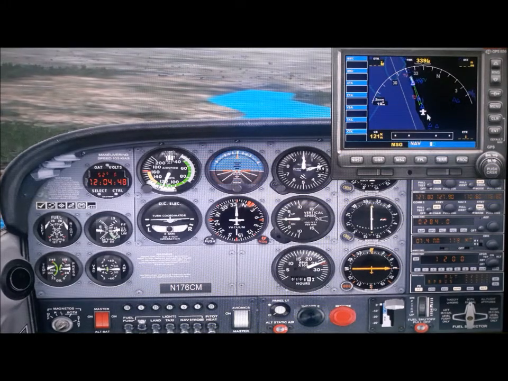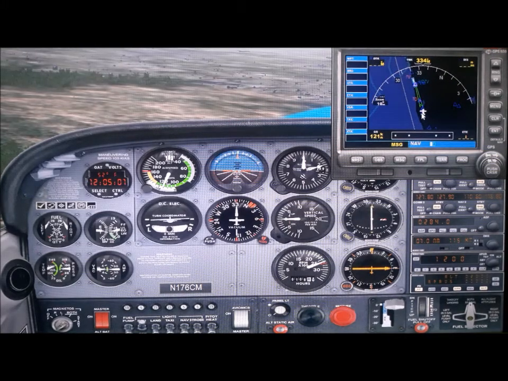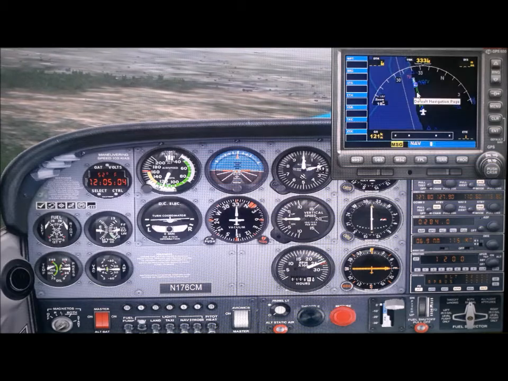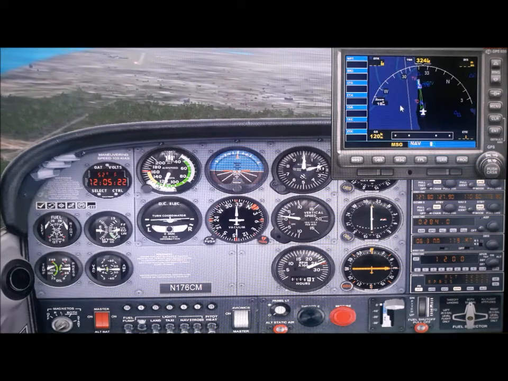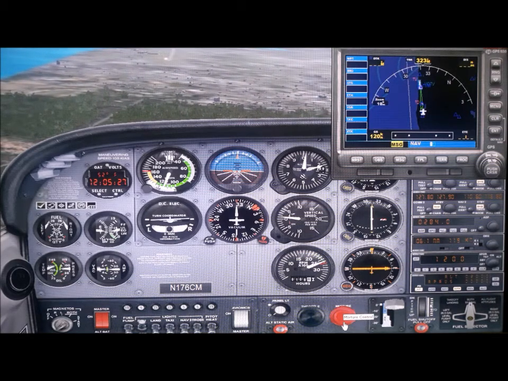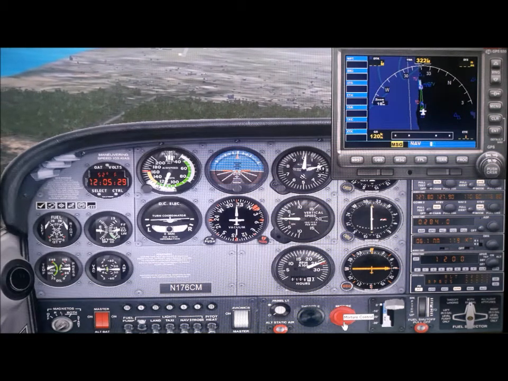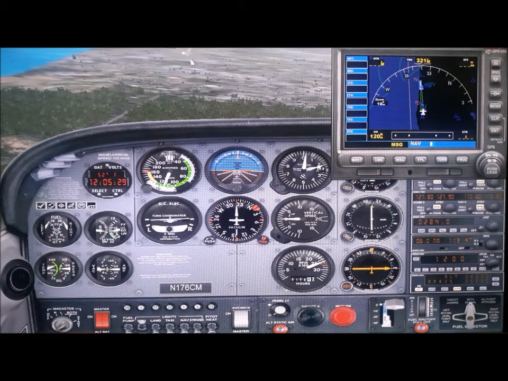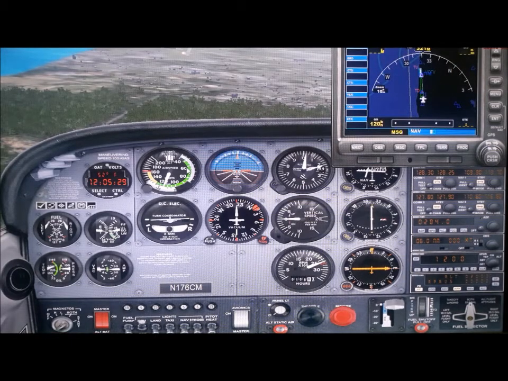You can see the plane is now aligning with the runway. The plane is turning and capturing the localizer. Okay, now it has more or less captured the localizer. I will start preparing for the landing. You can see the runway there. For landing, I will progressively increase the flap position and come to the full flap finally. Also reduce the speed of the plane to a landing speed of approximately 60 knots.